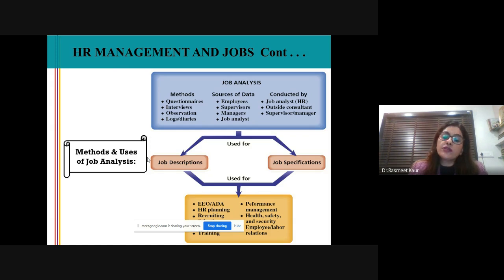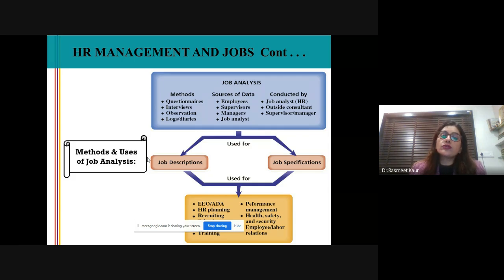Then you have an observation method also. What does observation mean? Observation is basically done by the managers or the supervisors. By looking at the current HR, they try to observe the efficiency of the HR. Are they working too hard? Are they not able to complete their task in a given day's time? They have to stay back and finish the task, they are not able to go back on time, and they are in stress. Their productivity is declining. So that's an observation.